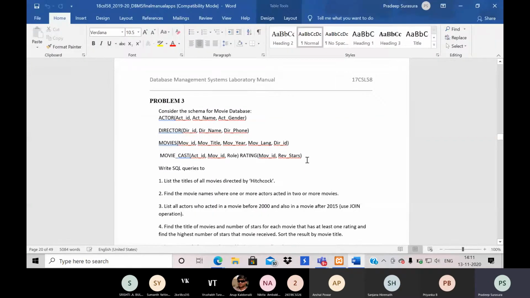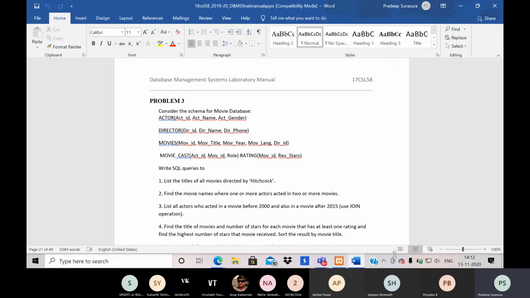So according to your schema, you have five tables. The rating is here. So in this experiment, you have five tables: actor table, director table, movie table, movie cast, and rating.